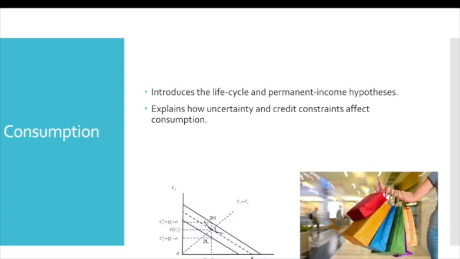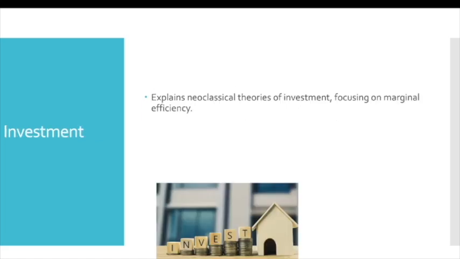how people decide to spend or save their money. It introduces the life cycle hypothesis and the permanent income hypothesis, which explain why people might save during their working years and spend in retirement or vice versa. Investment is the focus of the next chapter, and it's on how businesses decide to spend on things like factories or equipment. We explore Tobin's Q theory, which connects the stock market's performance to investment, and look at how interest rates